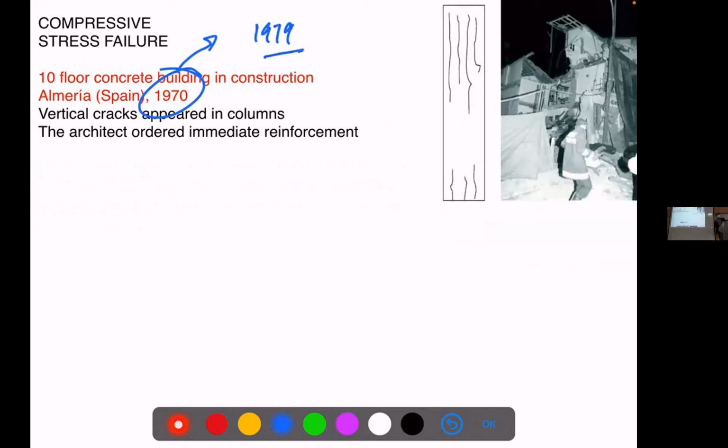Chelsea Union, same, right? So that was very recent. And the architect was one of the professors of the school, actually the guy who wrote the methods of concrete structures calculation and design. So he was an expert. And he saw some vertical cracks. And he said, okay, let's reinforce, support, and then we can continue working while we reinforce them.